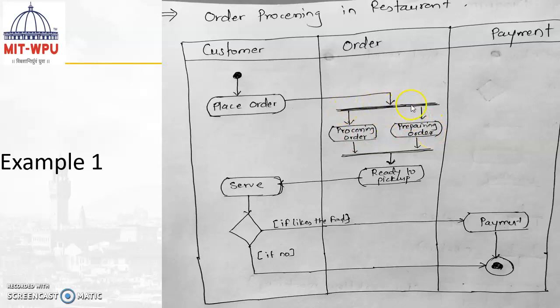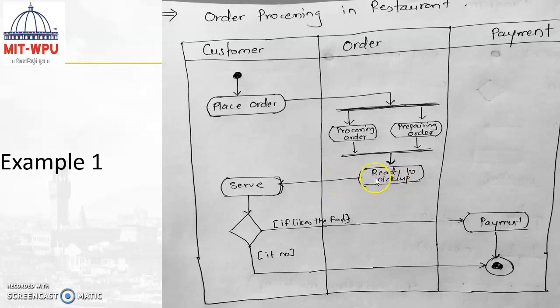For that we use a fork. Once these two activities are done with their work, we have to join, we have to return from those activities. For that purpose, the join is used. Once the two activities are done with their execution, we need to collect their output. So here we are considering an activity as ready to pick up.